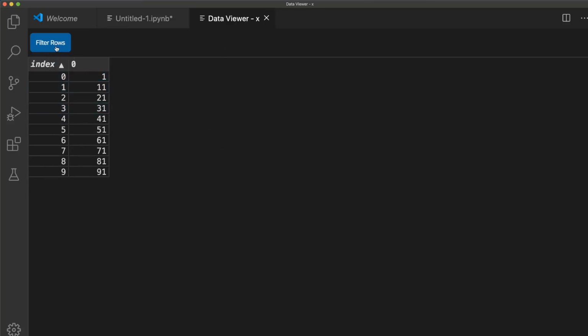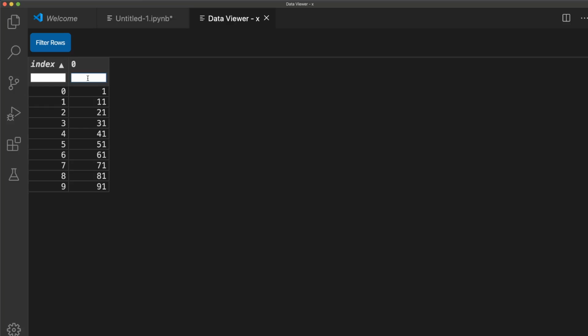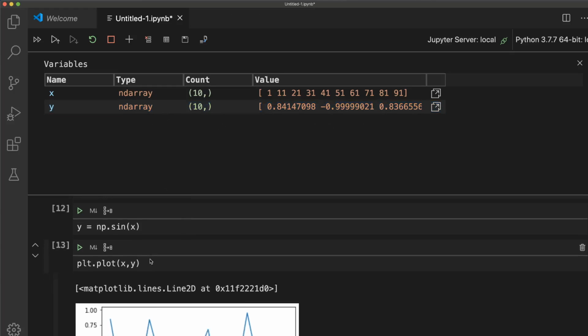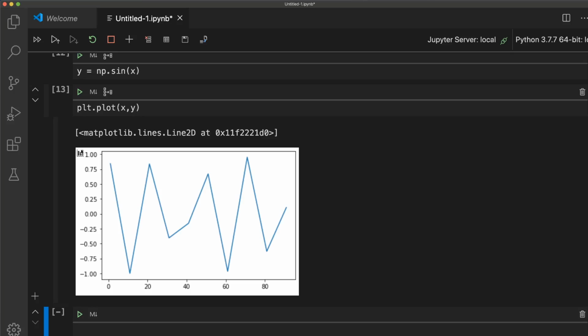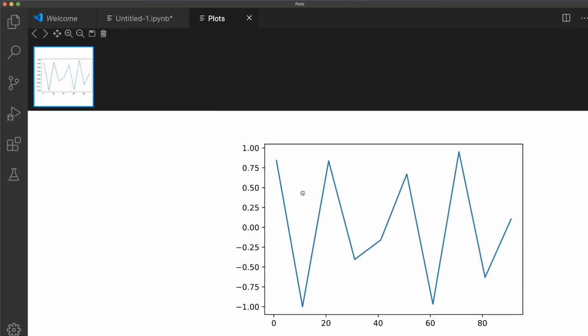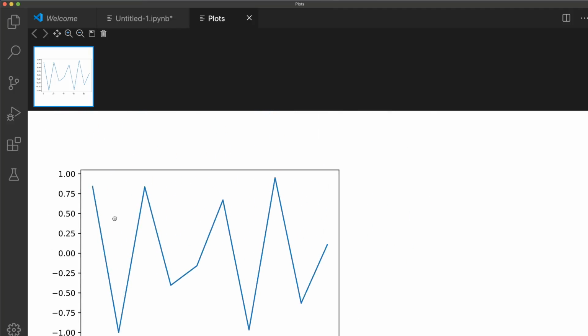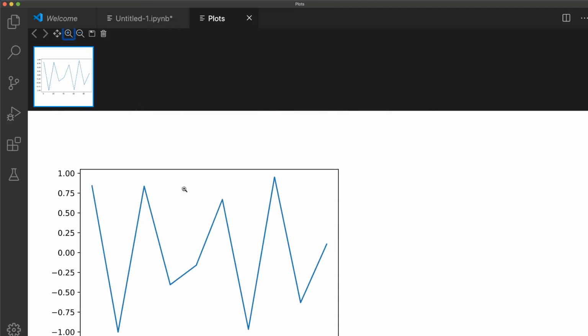You can filter rows here, and do any sort of thing you want. You can also clear all these variables, which we'll see in a while. And you also have a plot viewer, so you can see the plot with all this panning and zooming.